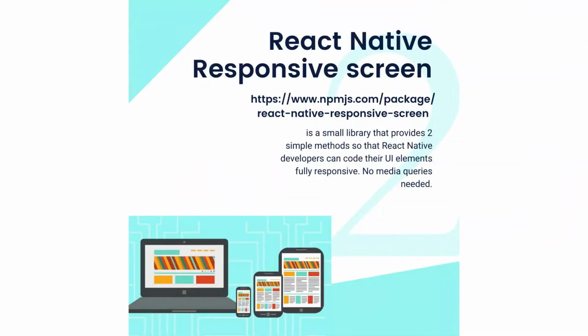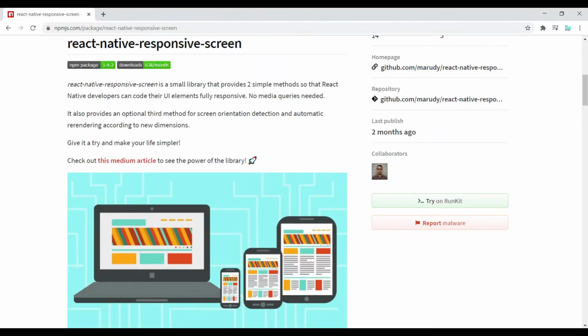Next is React Native responsive screen. As we know, in today's world it is most important to have your website or app responsive. Responsive stands for UI compatibility for all mobile sizes. Like if you are using a small device, a large device, or a tablet, it should not distort its layout. So it is really important to make screens responsive to enhance the user experience. To reach this goal, React Native responsive screen plays an important role.